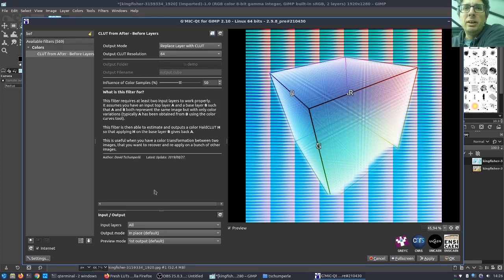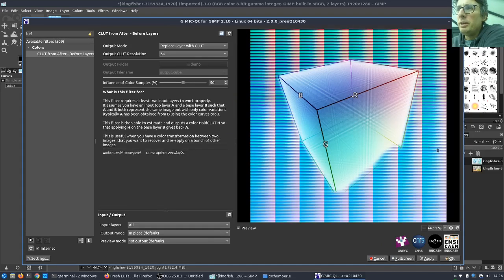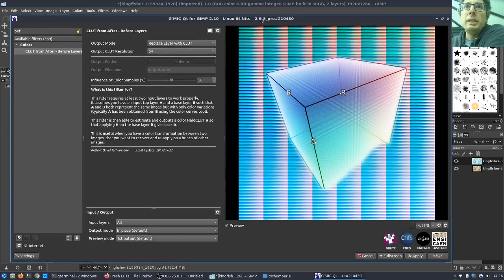In this filter you have to take care of choosing the input layer option All. What this filter does is simply consider that the top layer is your processed image and the bottom layer is the original image, and from those two images it will create a color LUT that corresponds exactly to the transformation that goes from the image on the bottom layer to the image on the top layer.